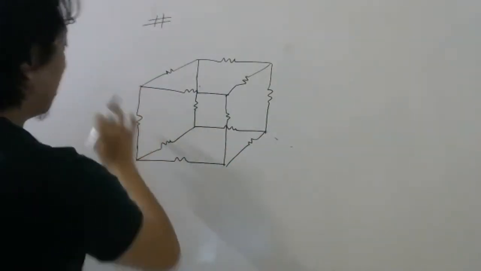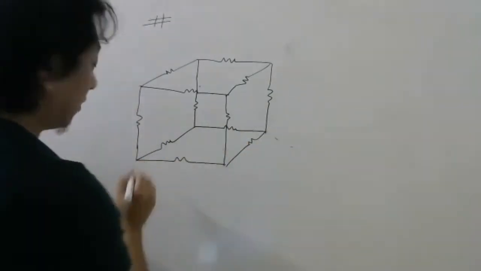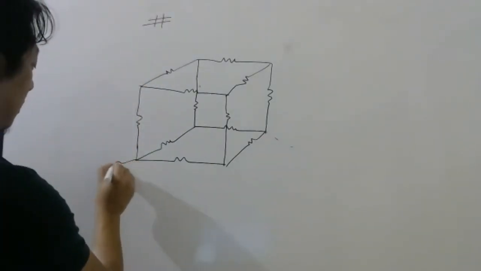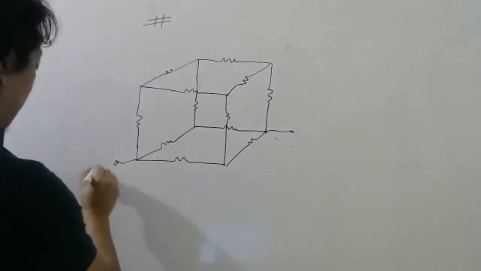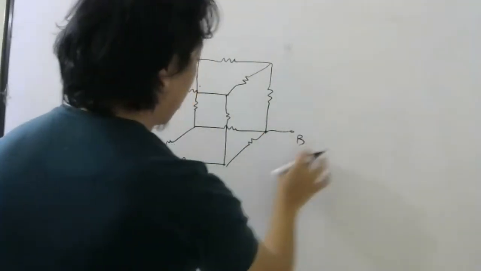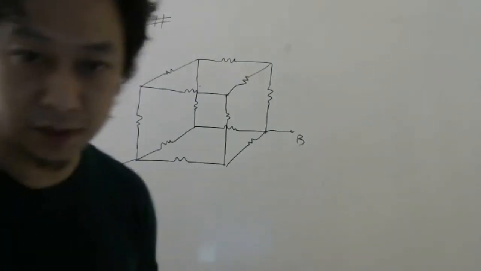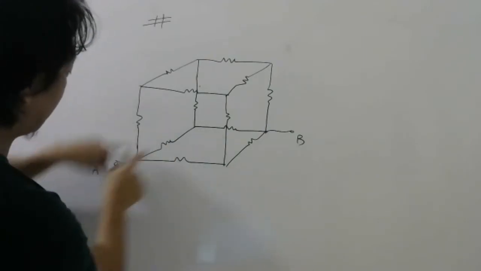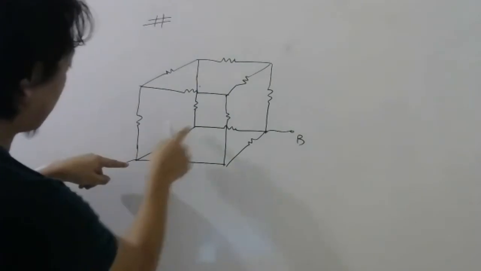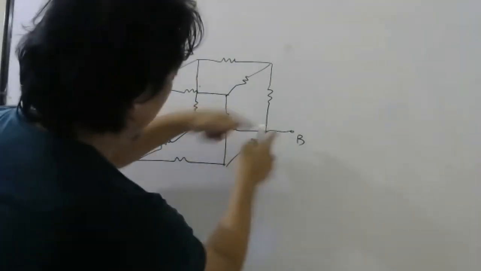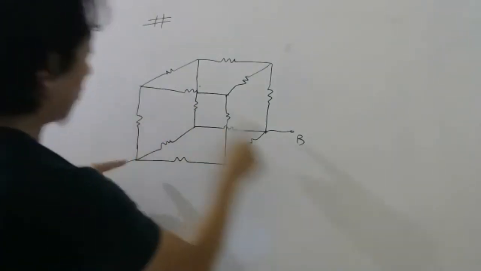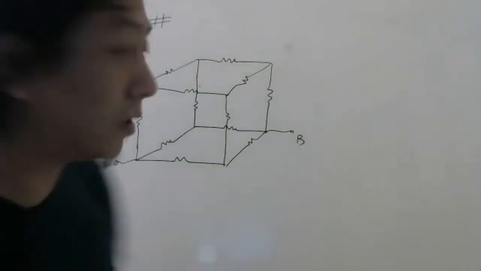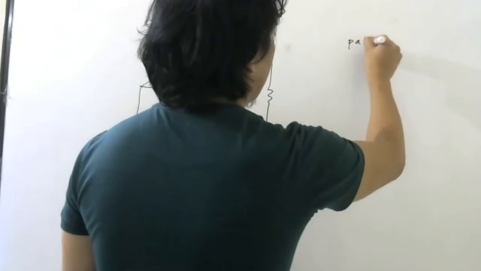they ask you not between the body diagonal, but between the face diagonal? Face diagonal means, let us say I want between this and this. Then it becomes quite complicated to use Kirchhoff's voltage law. Because whatever current coming here will not divide equally here, here, and here. This tree will not have same current because the path is not same. This path is identical. This path is same, I know, to reach here. But to reach from here to there is not identical. So here it becomes complicated. So we will use something called path symmetry. Path symmetry.